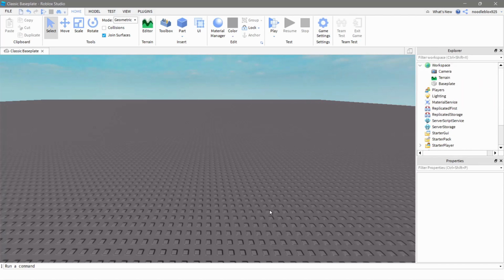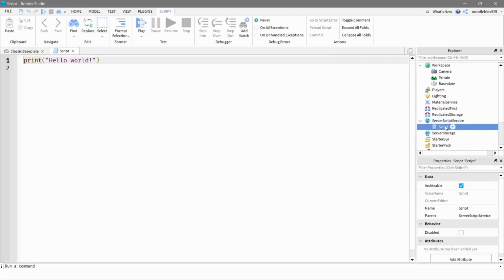So, let's get started. First off, we're going to have to make our leaderboard. So click the plus, enter script, rename your script to leaderboard. Okay, now once you have your leaderboard, I'm going to clear print hello world, and then type this: